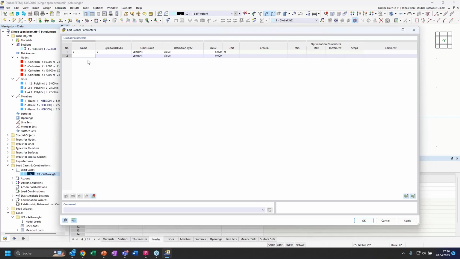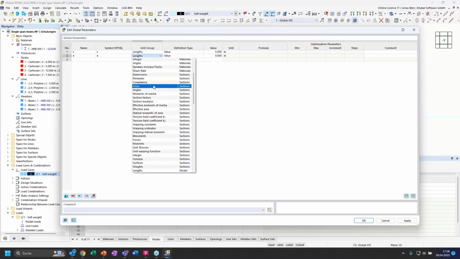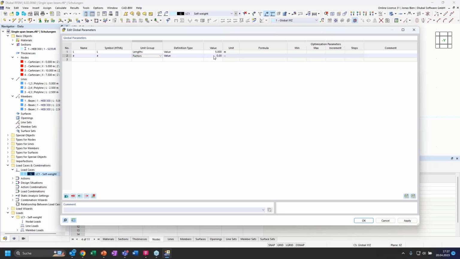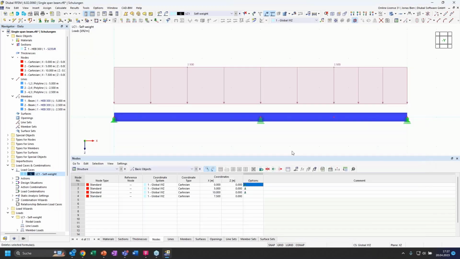Then we need a second parameter for the eccentricity of our member hinge. We just call it E, as in the task description. This is not a length, it's a unitless factor. So we just choose the unit group factors and assign a value of 0.1716, as we have looked this up in our design handbook. Press enter. All right, now we have our parameters set up, and we can now use these parameters to define